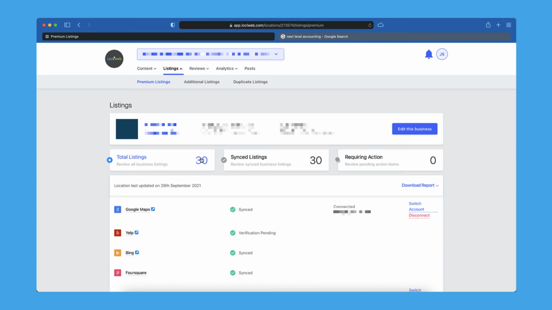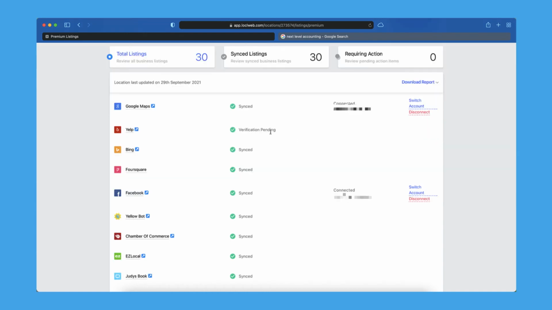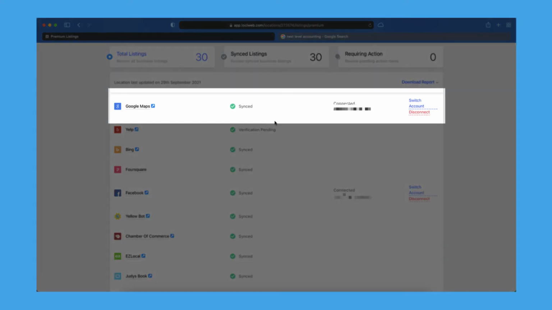So you can see this one has a total of 30 listings. They're all completely synced and no actions are required. So there's no errors, nothing that I provided that's incorrect. And then you'll see down in this section that this shows you what information is synced. So as you update it, you'll see unsynced when it's a brand new account and you haven't added any information. But after you add that information, you'll see syncing. You'll see messages that'll tell you what's going on with each account. And of course, ones like Google Maps, those are immediately updated, pushed directly to Google Maps.